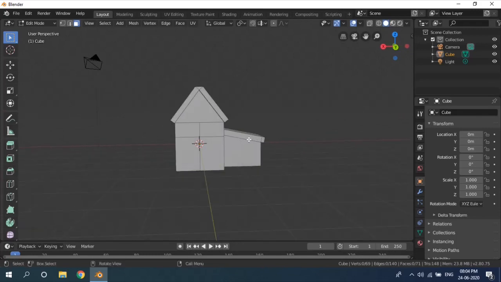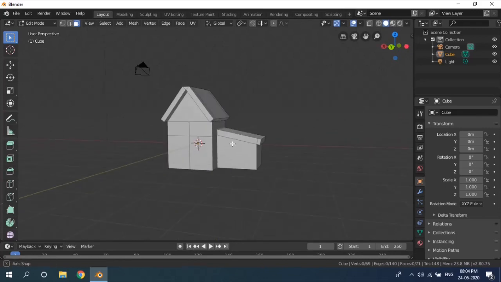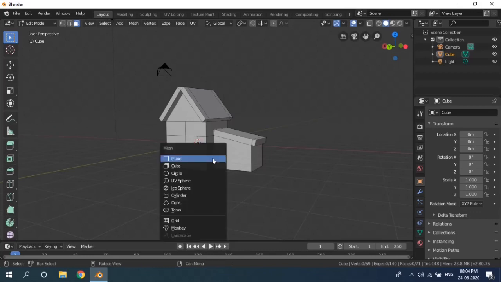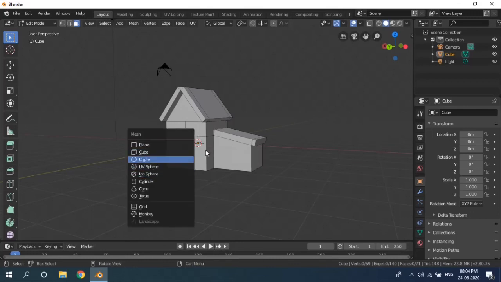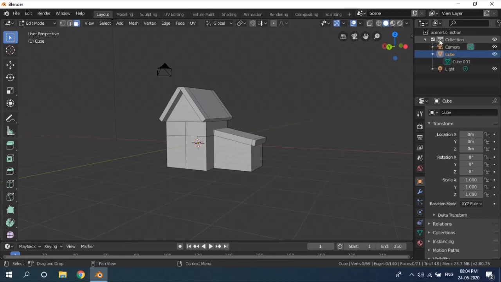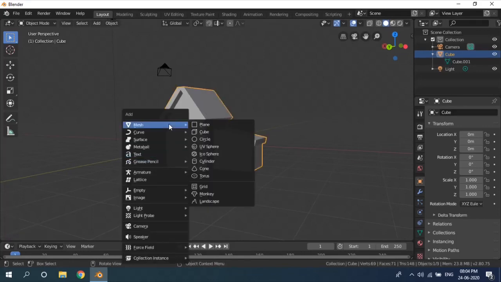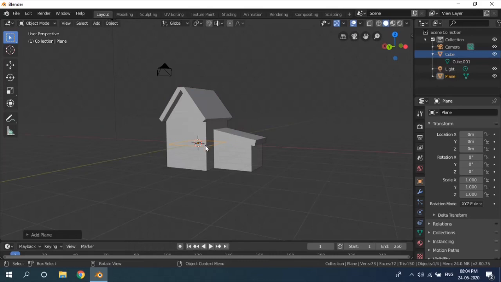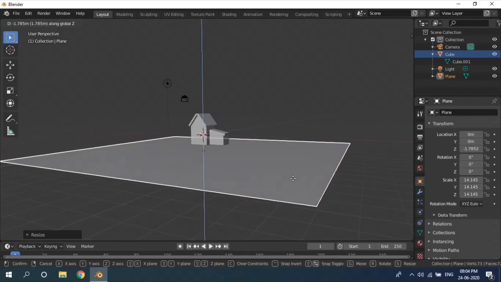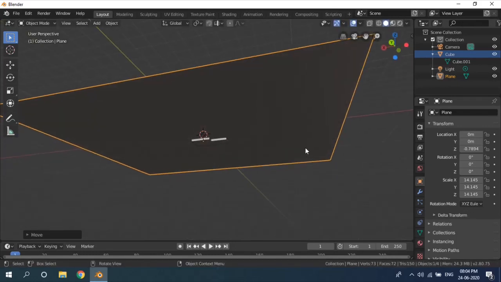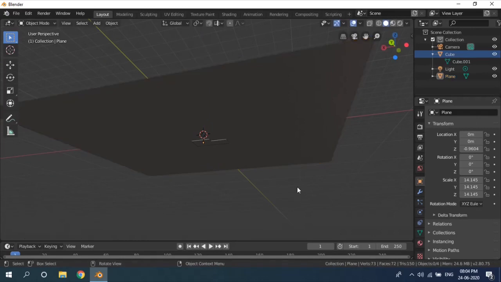Now we want to add a ground, like the house is flying. So we add a plane. Oops, I added it in edit mode. If you add a new mesh in edit mode itself, it will just be a part of your object. By the way, this is a hierarchy where the objects in your scene appear. So again we switch to object mode by pressing Tab and Shift A to add a plane. We have a plane, S to scale, and G, Z to lower it down a bit. A bit more. Yeah, good.